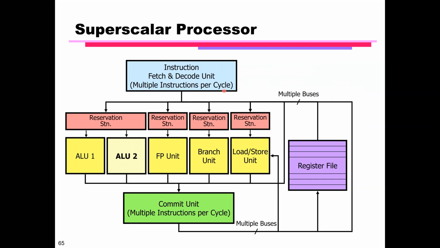In some sense, it is multiple copies of the same decode unit in parallel, right? And think of the encoding of MIPS. I have 32 bits for any instruction, so I take 32 bits, the first word, and this is one instruction. In parallel, the next word is the second instruction, and I can decode it,